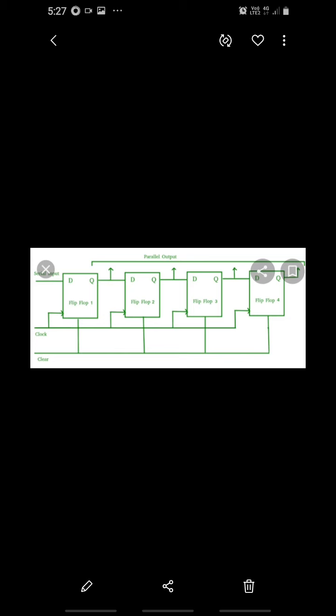When serial data is transferred into a register, each new bit is clocked into the first flip-flop at the positive going edge of each clock pulse. The bit that was previously stored by the first flip-flop is transferred to the second flip-flop, then to the third flip-flop, and so on. The bit that was stored by the last flip-flop is shifted out.